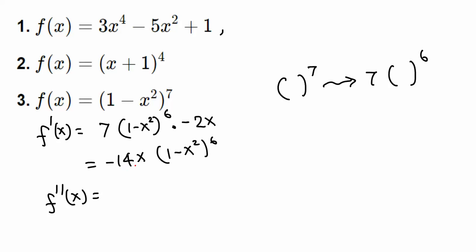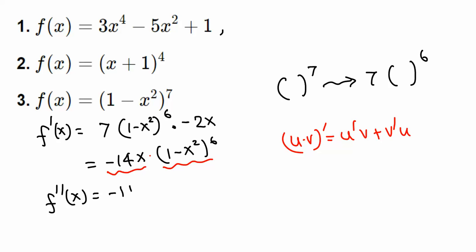And this function is in fact negative 14x as one factor times 1 minus x squared raised to 6 as the second factor. So we have a product of two functions. Then we use the product rule. That's u prime v plus v prime u. Okay, it's like u is the first factor negative 14x and the remaining is v. So using the product rule, derivative of first factor, derivative of negative 14x is just negative 14, times leave the